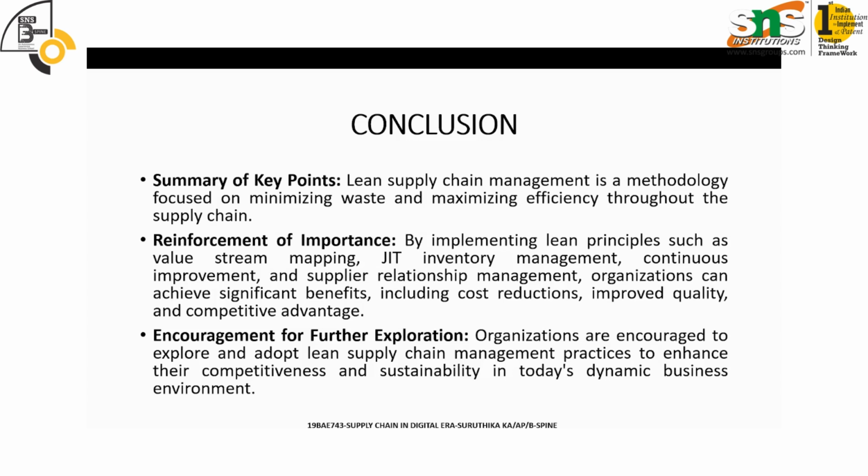So, in conclusion, lean supply chain management is a methodology that focuses on minimizing waste and maximizing the overall efficiency of the process. By implementing lean principles, we may be able to reduce the overall cost, improve quality, and gain a competitive advantage. Organizations would definitely have to adopt lean because this is the only way they'll be able to get a competitive advantage and be sustainable in the changing business environment of today. Today's business environment is highly dynamic and it is of utmost importance that we have a competitive advantage. And that competitive advantage can be attained only when lean methodology is